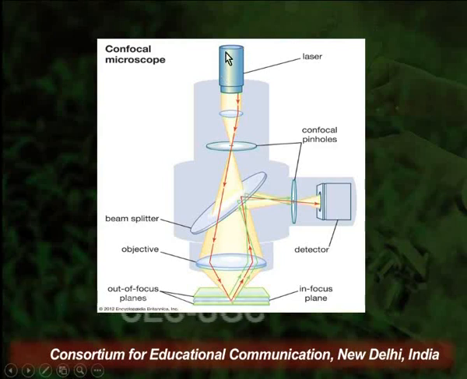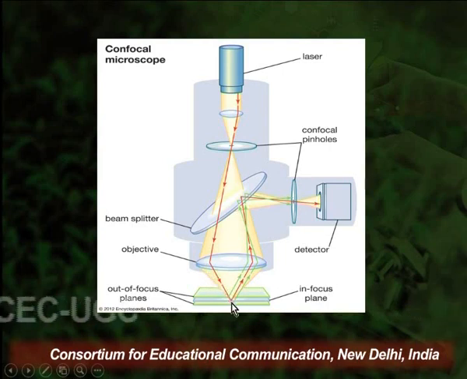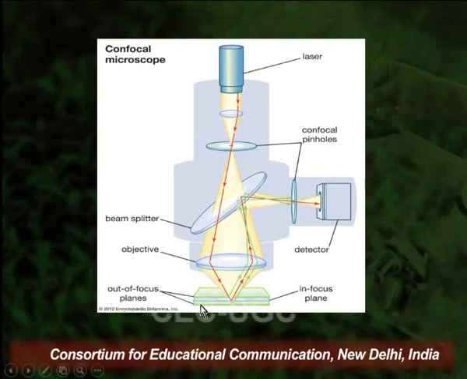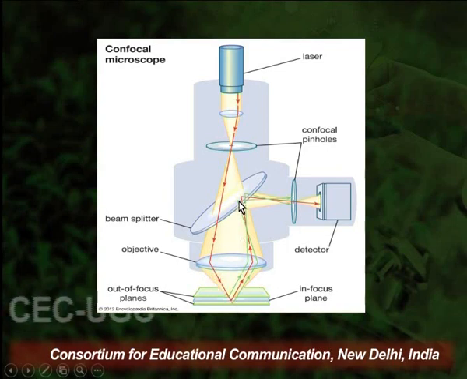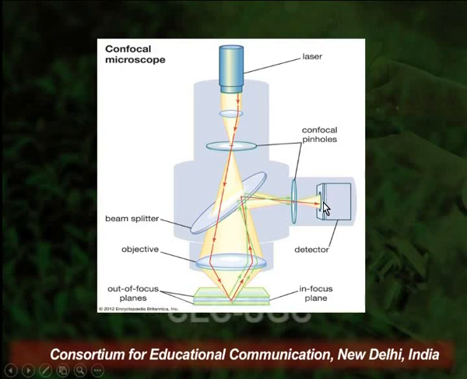Here, a light source, usually a laser beam, is passed through a pinhole. This pinhole allows the light to be focused at a very specific location, at a very specific point. As we move this structure, the image is captured with the help of a detector, and as we move our object or our specimen,